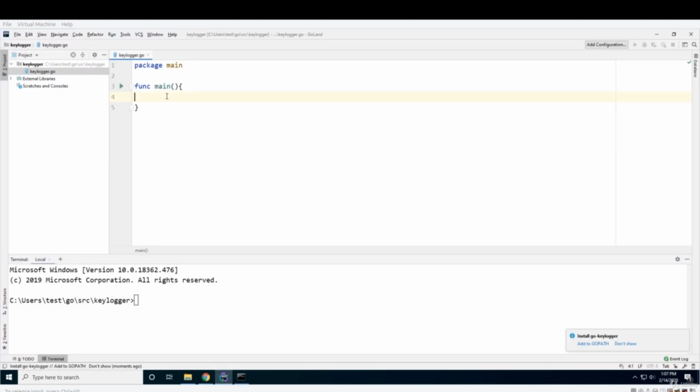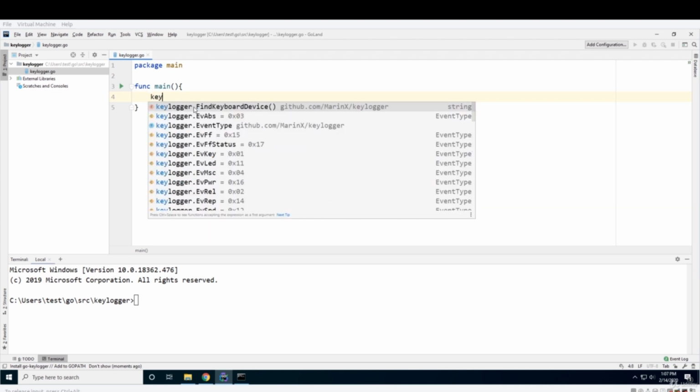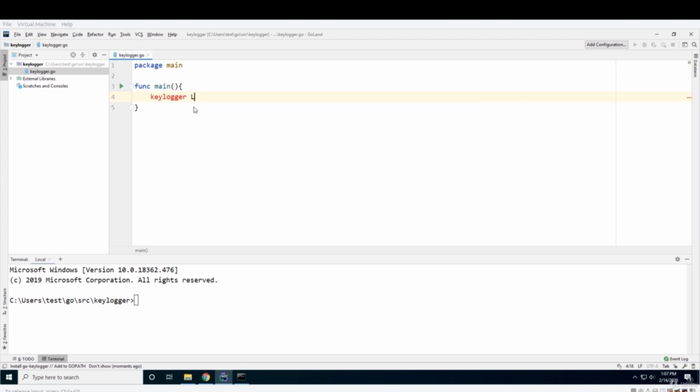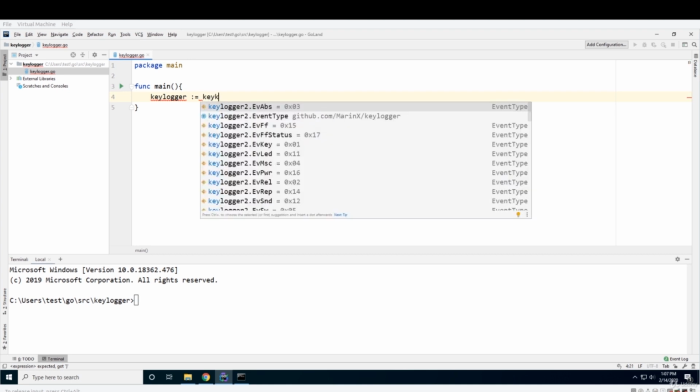And now I will show you how to use this program. In order to use it, you have to follow certain conventions. So let's start with it. The first thing you need to do is create a keylogger object. So I'm going to write keylogger equals to, and then you need to use this library which we have already downloaded, which is Go keylogger. So just write keylogger,